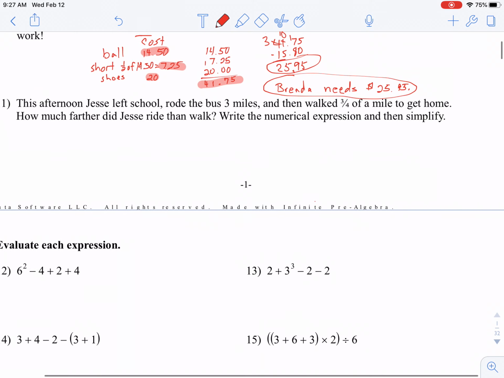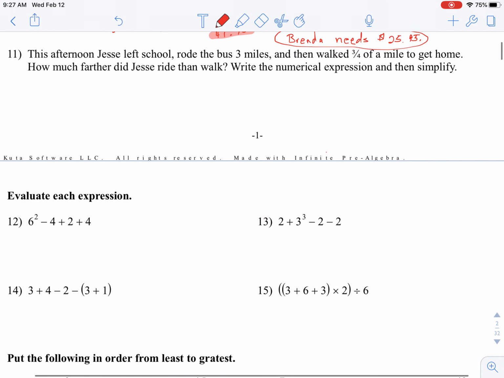Now, looking at problem number 11, this afternoon, Jesse left school, rode the bus 3 miles, and then walked 3/4 of a mile to get home. How much further did Jesse ride than walk? Write the numerical expression and then simplify. First of all, it says he rode 3 miles, he walked 3/4 of a mile, and it says how much further. So the how much further tells me subtraction. And so I'm simply going to do 3 minus